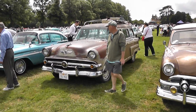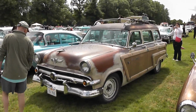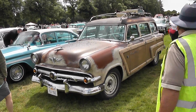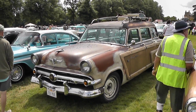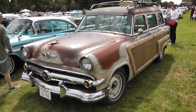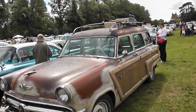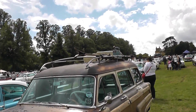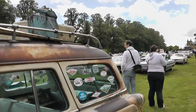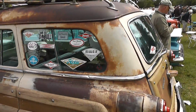Now this Country Squire 1954, I was talking to the owner last night about this. Although you look at it and you think, oh yeah, that needs restoring, it actually is in its original sun-bleached condition where it was taken from the beaches in California. As you can see, it's got the water skis on the top, the original old wooden ones. It's got the surfing and skiing type stickers in the back, and as you can see,